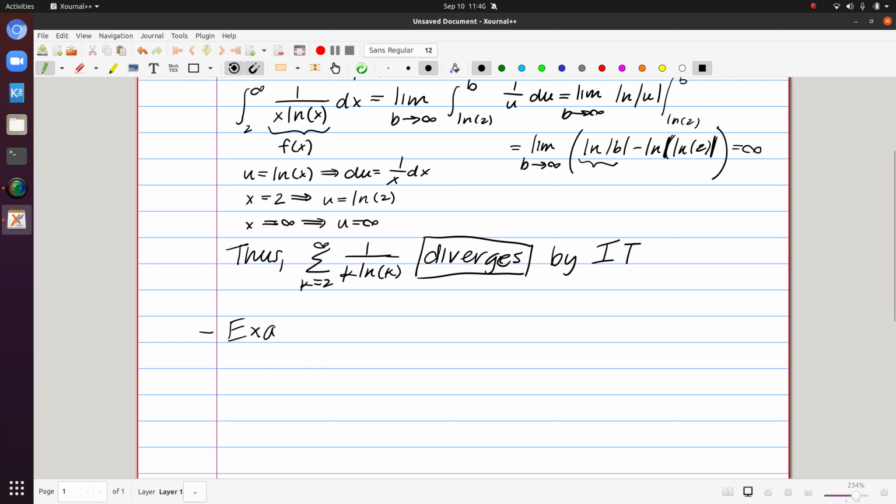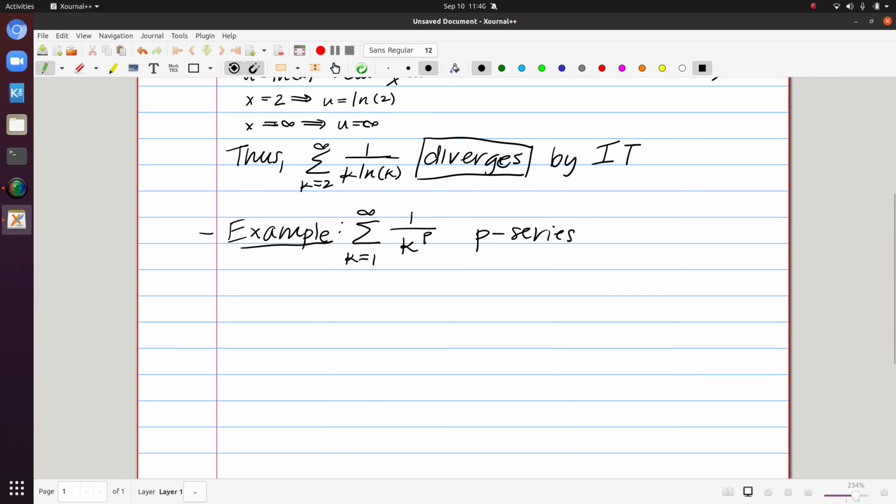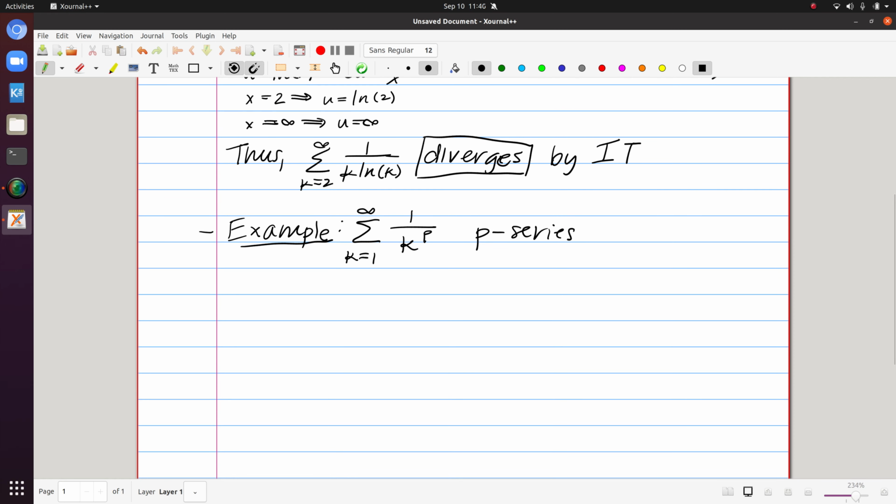Let's look at another example. And this is going to be looking at series of the form, the sum from k equals 1 to infinity of 1 over k to the p. We, from here on out, will refer to these as p series. And what we've seen before is that the integral from 1 to infinity of 1 over x to the p converges